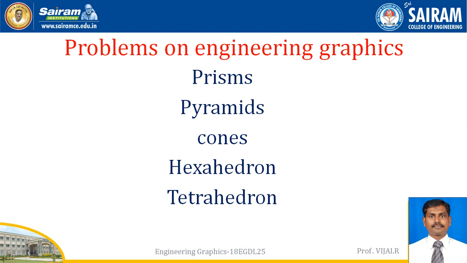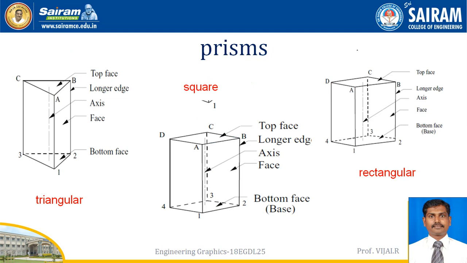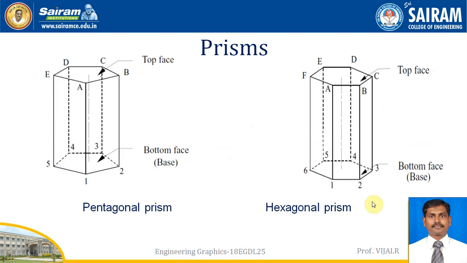tetrahedron and cones. So we know that in prisms, the top face and bottom face are the same polygon, and they are joined with the help of rectangular faces. So it is named based upon the shape of the top face and bottom face. It's a triangular shape, so we call it a triangular prism. It's a square prism and it's a rectangular prism. And the pentagon prism consists of bottom and top faces that are pentagons and other